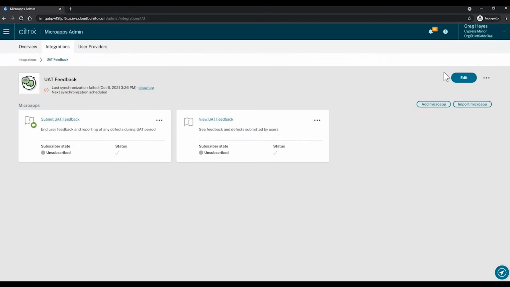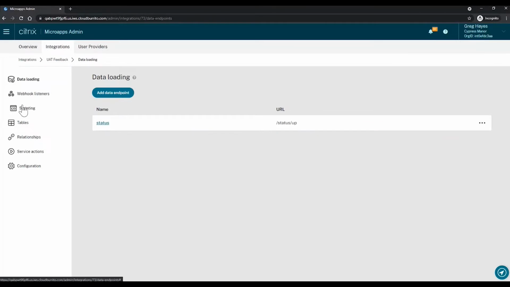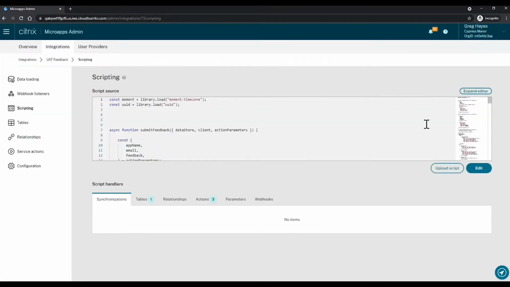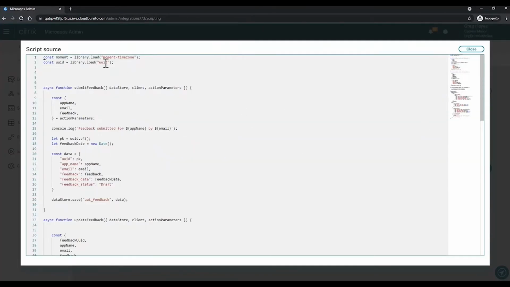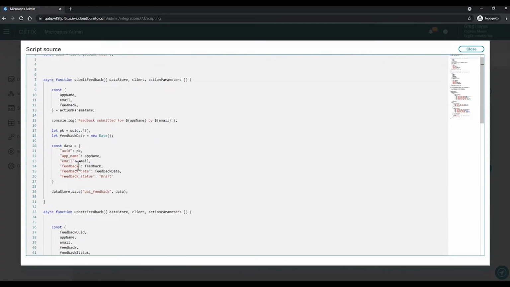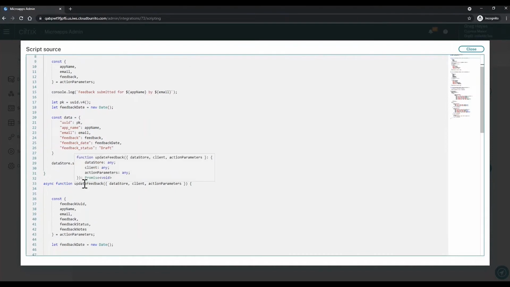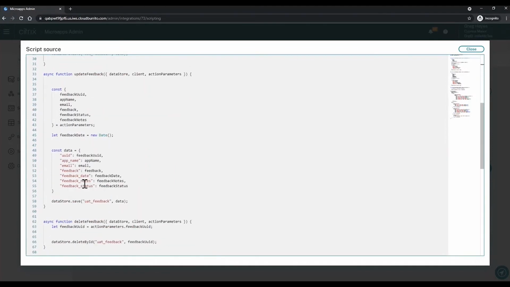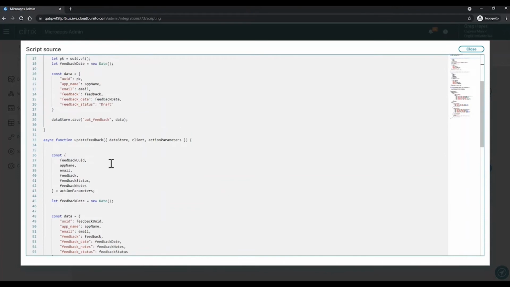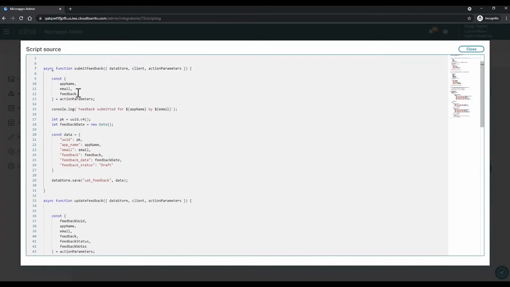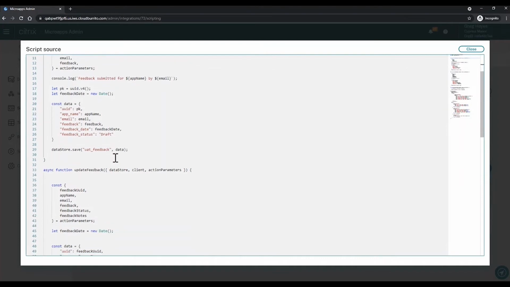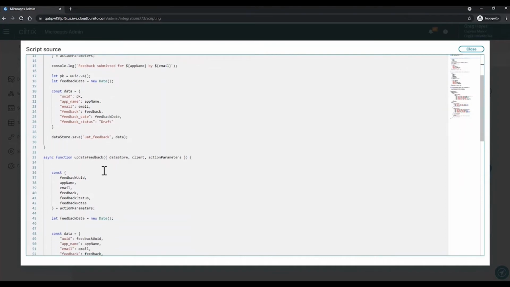All right. And we can take a quick look at what the script looks like. Click on scripting and expand. So we're loading some additional libraries, and we have 3 functions. We have a submit feedback, an update feedback, and a delete feedback. These are basically accepting some parameters. We have some logging, and then we're saving that data directly to the data store, right? So there's no external URL calls. We're not talking to another third-party service. Everything's being saved directly into the